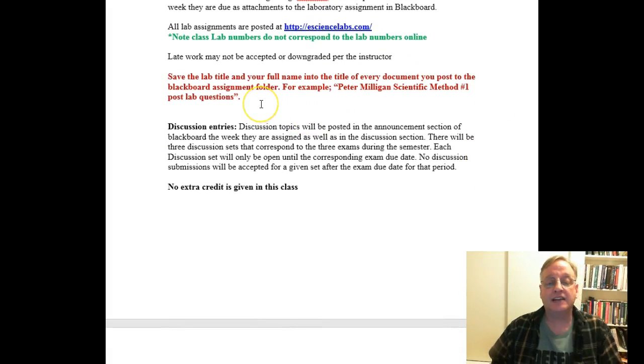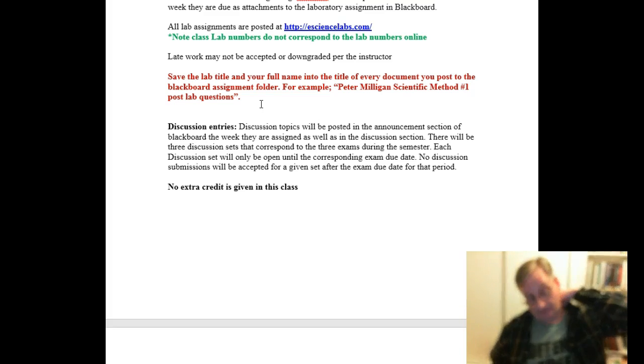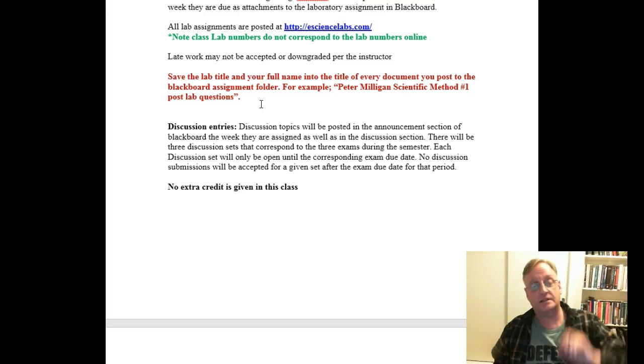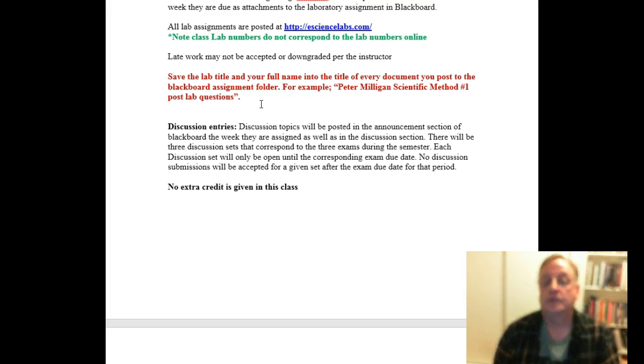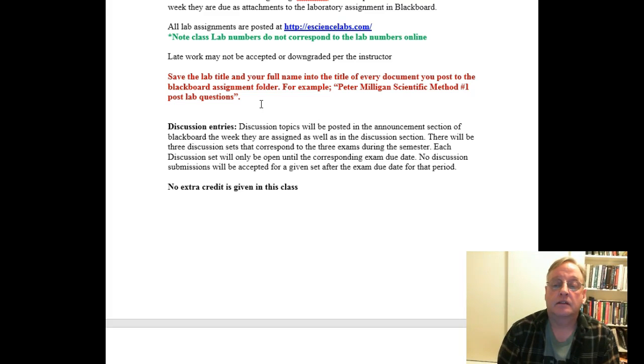When you attach a lab sheet to the Blackboard assignment, which I'll show you, it's important that you put your full name and the title of the document. So for example, my name is Peter Milligan. The lab would be scientific method number 1, and this is the post-lab question sheet for that lab. And it's all there in the document.